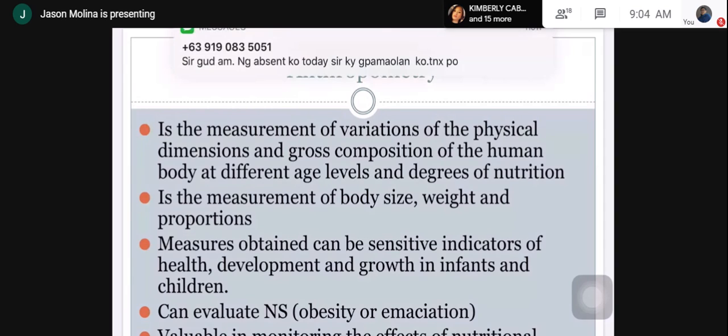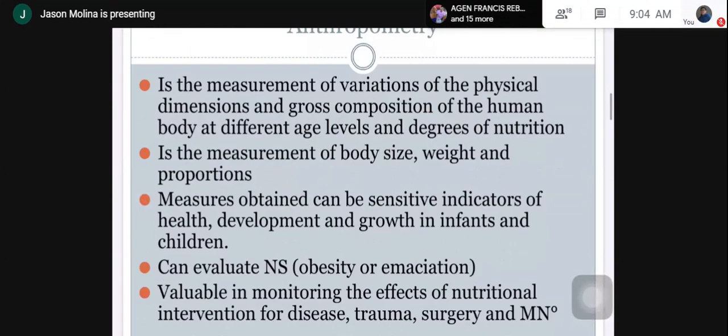So this is a measurement of body size, weight, and proportions. Measures obtained can be sensitive indicators of health, development and growth in infants and children. So this can evaluate